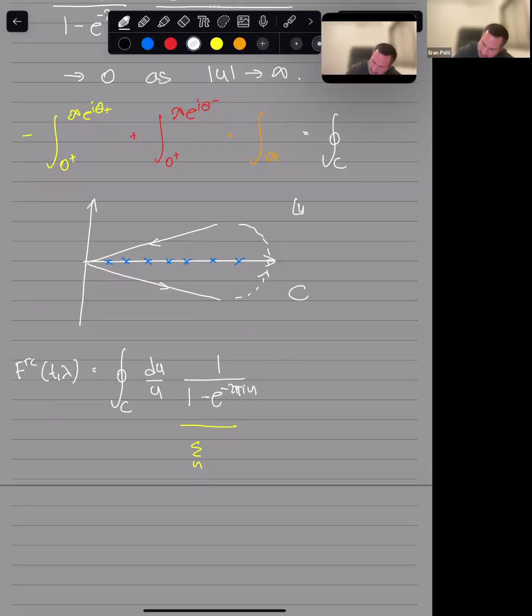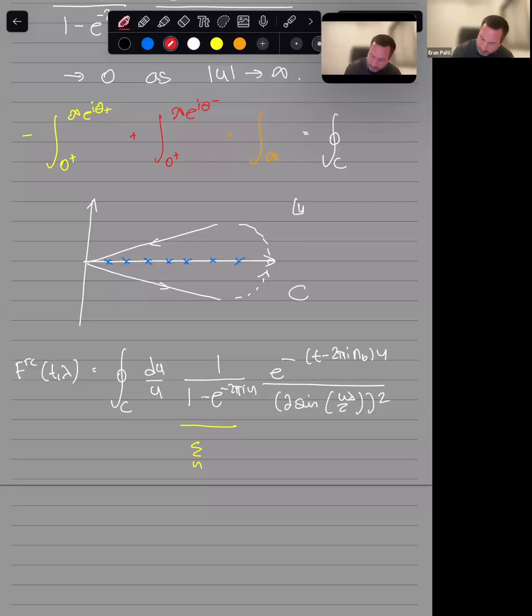Then e to the minus t minus 2 pi i n b u, divided by 2 sine of u lambda over 2, squared. And this is the crucial expression,